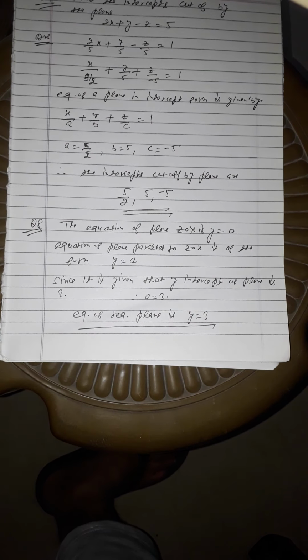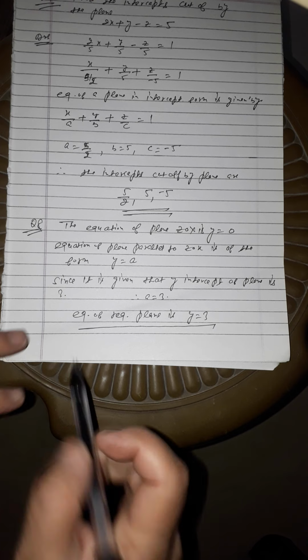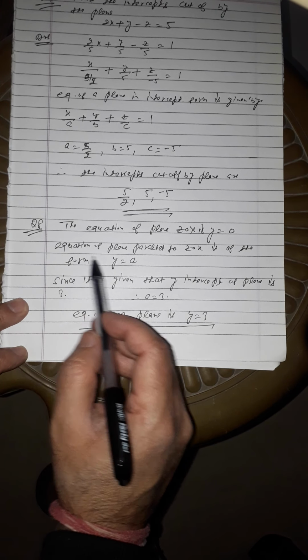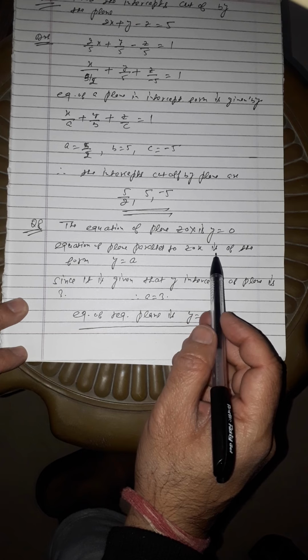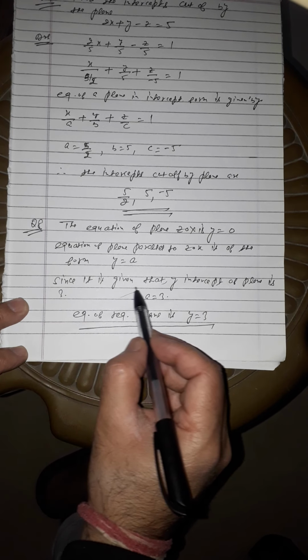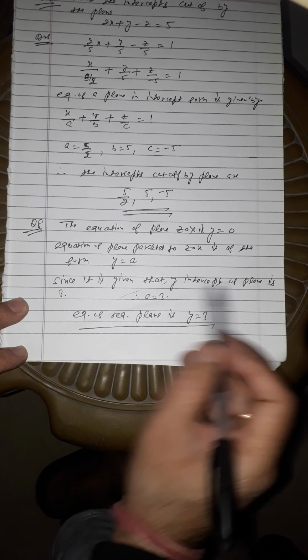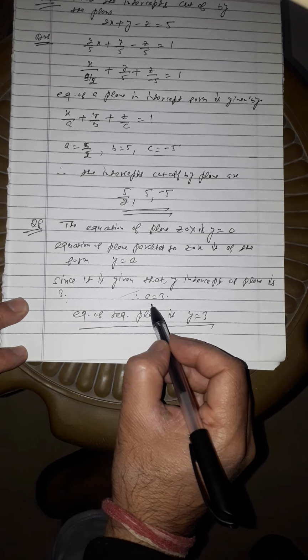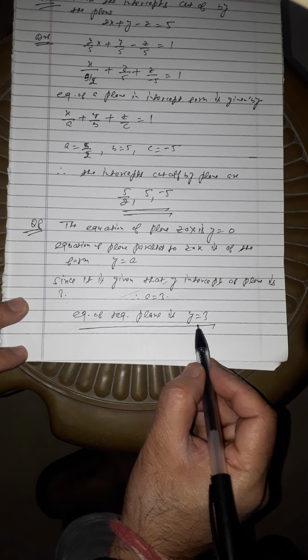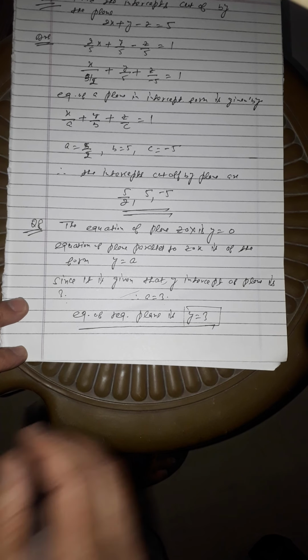Let us see, students, question number 8. Find the equation of the plane which has the intercept 3 on the y-axis and is parallel to the ZOX plane. So here the equation of the plane ZOX is y is equal to 0. The equation of the plane parallel to ZOX is of the form y is equal to a, right, students? Since it is given that the y-intercept of the plane is 3, therefore what you can say is that a is equal to 3, therefore the equation of the required plane will come as y is equal to 3. This is the answer of this question.